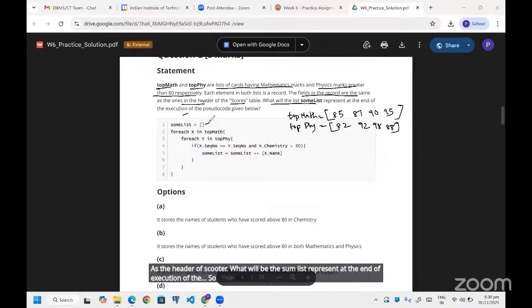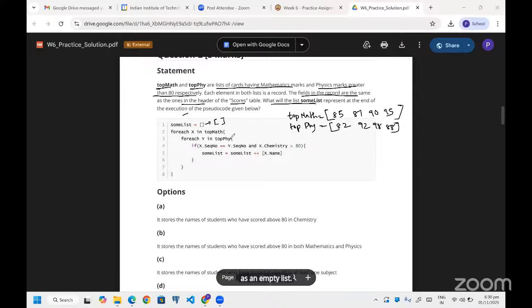So initially, again, they initialize it as an empty list. Now, what they are doing is iterating over this and this. They are not just a mark, it's a record, as I said, right? Each element in both lists is a record.